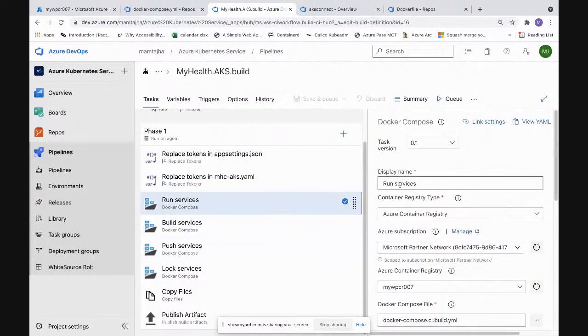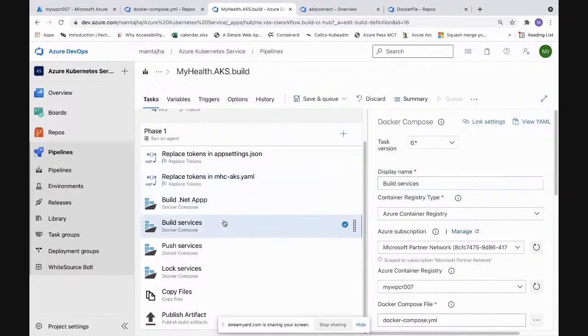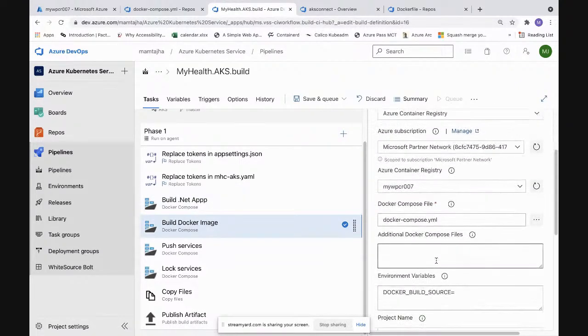This stage, I would say, builds the .NET application, and this stage is building the Docker image. This is the difference. I'm executing two different YAML files in these cases.